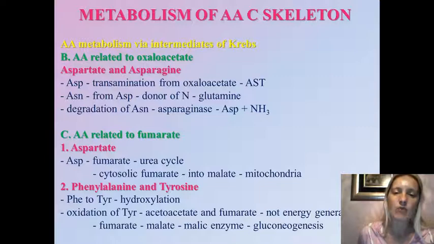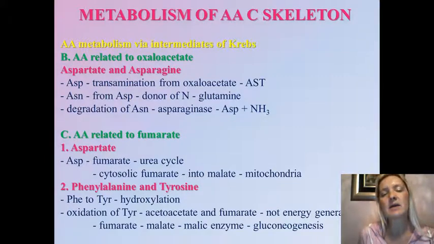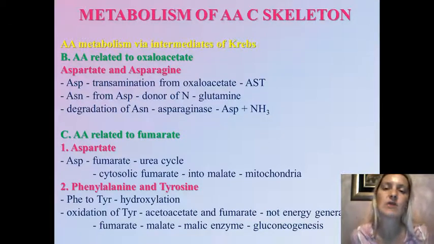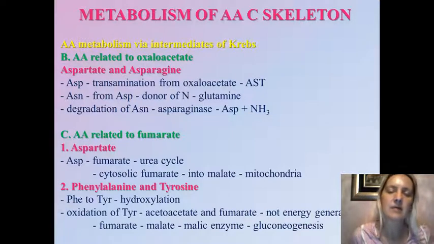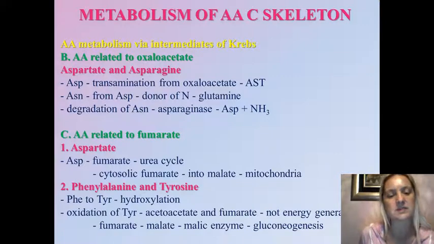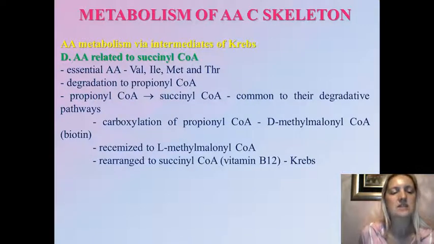Fumarate, which is formed in this case, is converted to malate, and then by malic enzyme it can be involved in the process of gluconeogenesis following the steps and pathways that we have already explained in our previous chapters and videos. So amino acids related to succinyl coenzyme A from Krebs, those are 4 essential amino acids: valine, isoleucine, methionine,